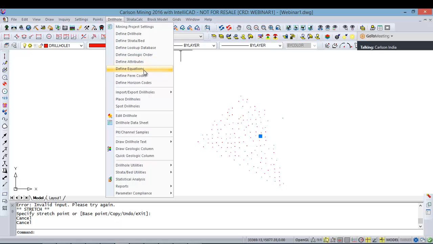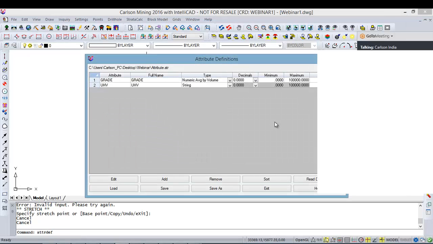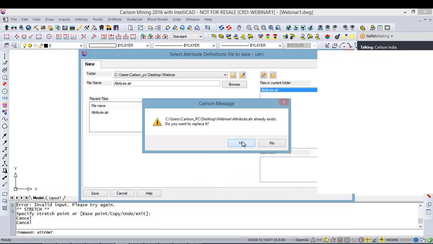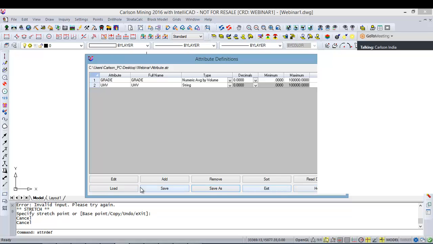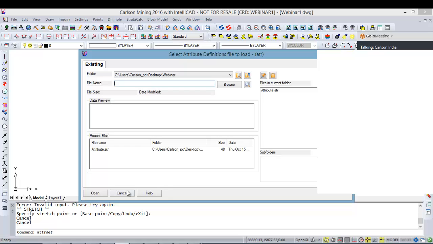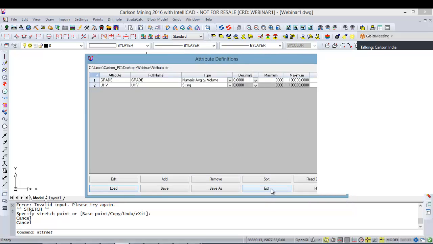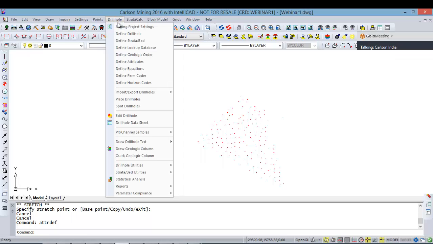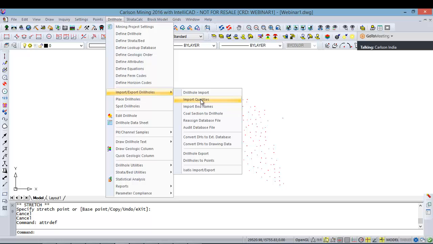and now I can check my attributes. So these are my attributes. I will save as by the same name in the same directory. If you have some other format in which you want to save it, you can select load and define any of your attributes. I will hit on exit, and now what I can do, I can simply import my qualities,